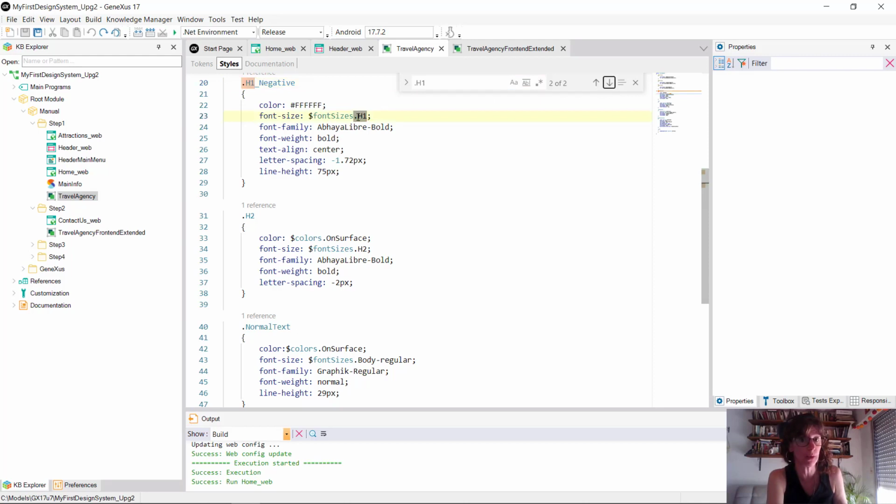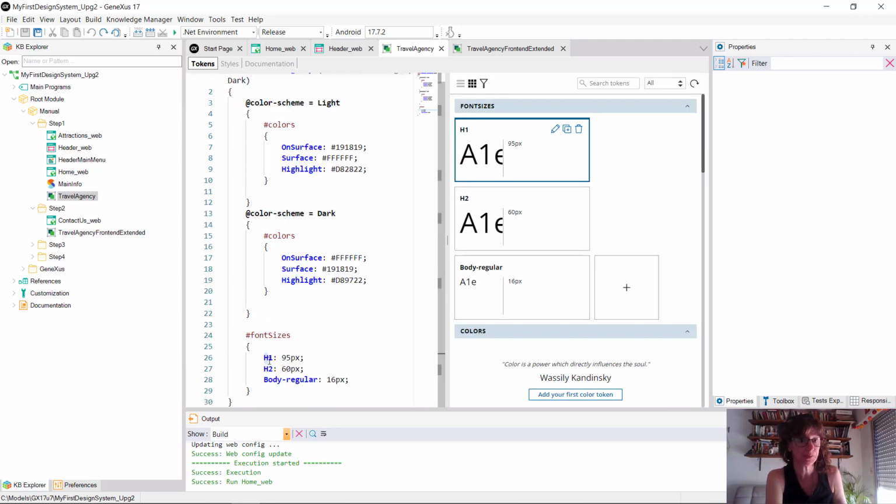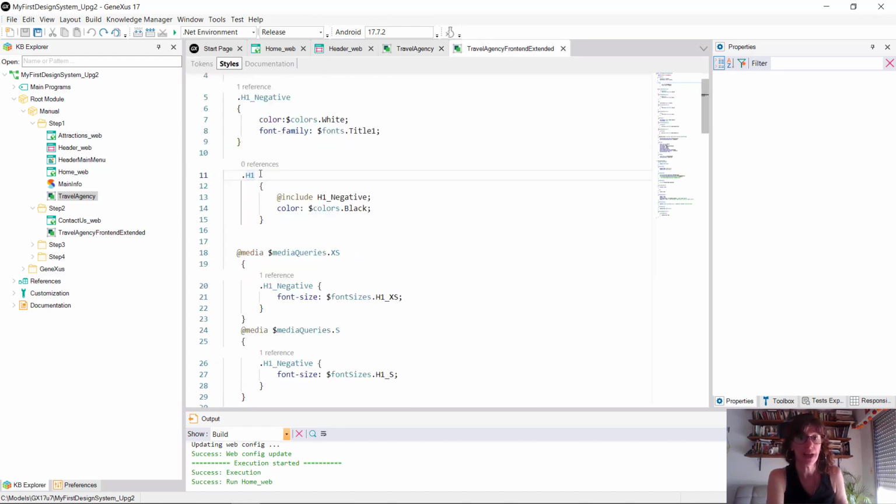We have the H1 negative, and also the H1 dot that we're looking for is not something that defines a class, but it refers to a token, the font size H1 token that we have over here. This H1 is known by GeneXus, and GeneXus knows that it is a token and not a class.